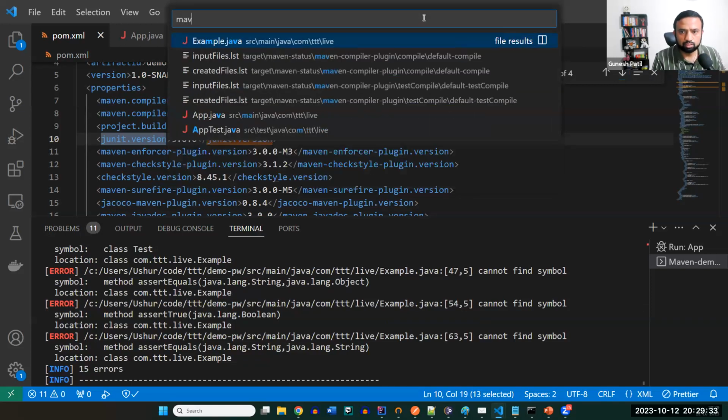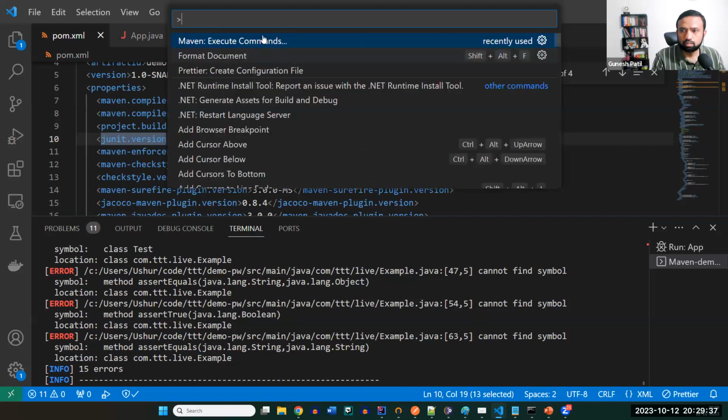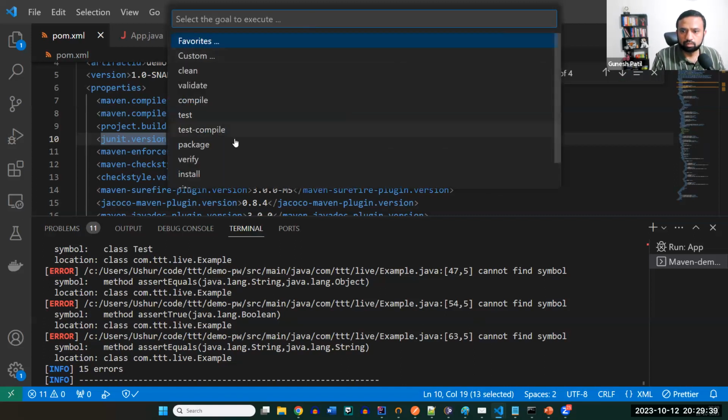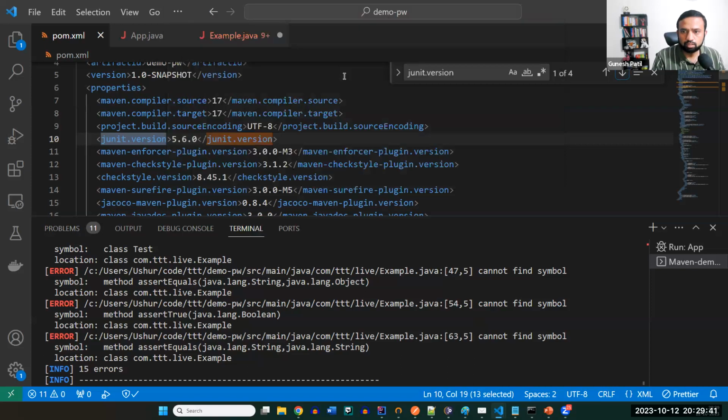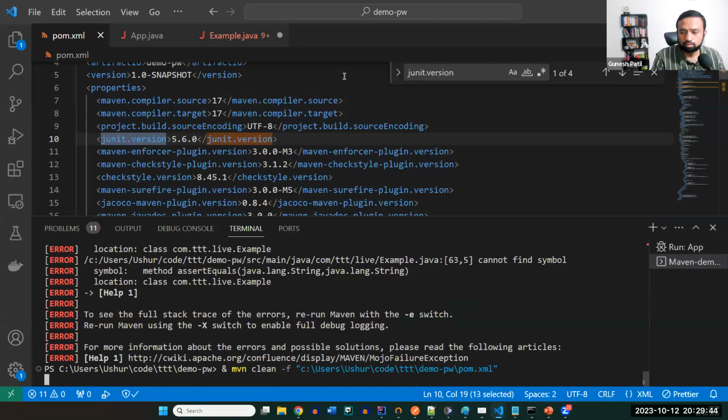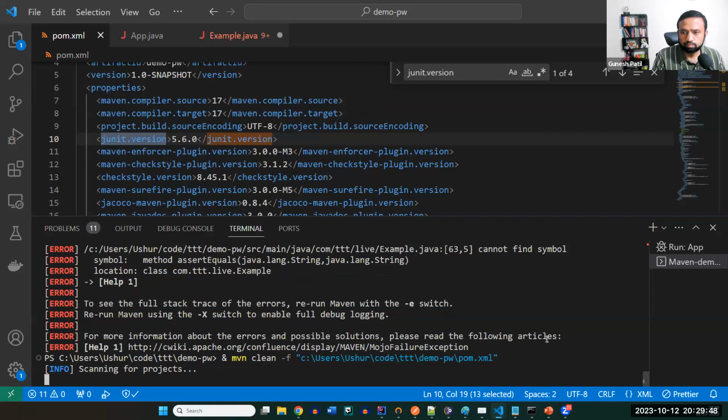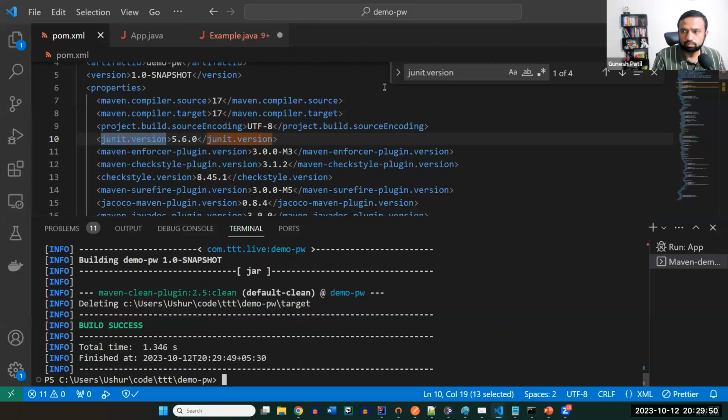So Maven again. Execute commands, clean. Okay, and then just to build your